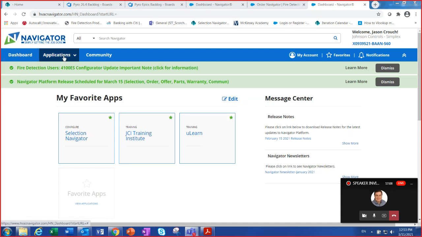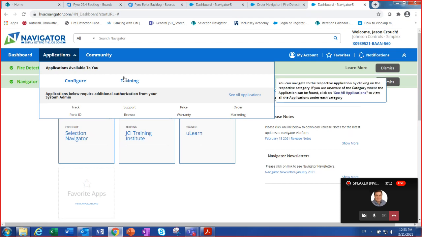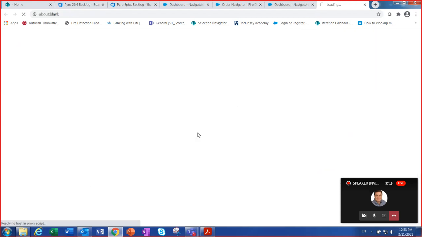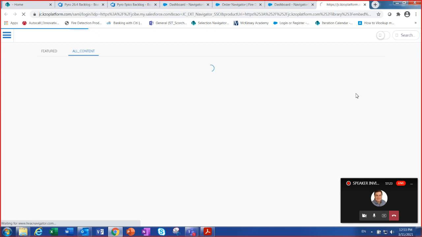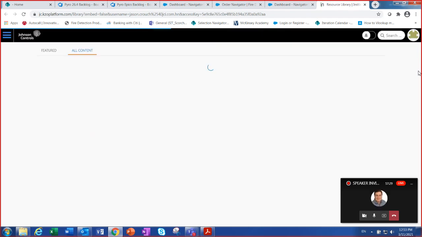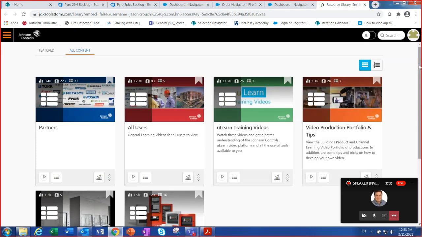Again, you can go to the applications here and you'll see training. And once I click on ULearn, it will open up a new page. And you can see it will show an index with a library.